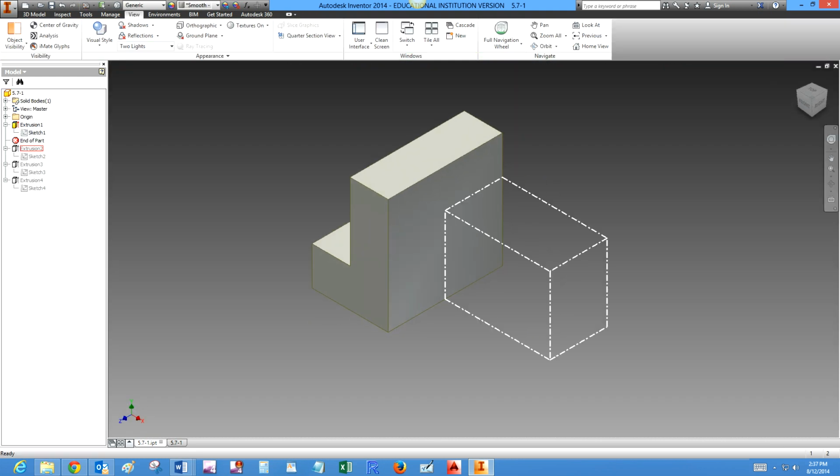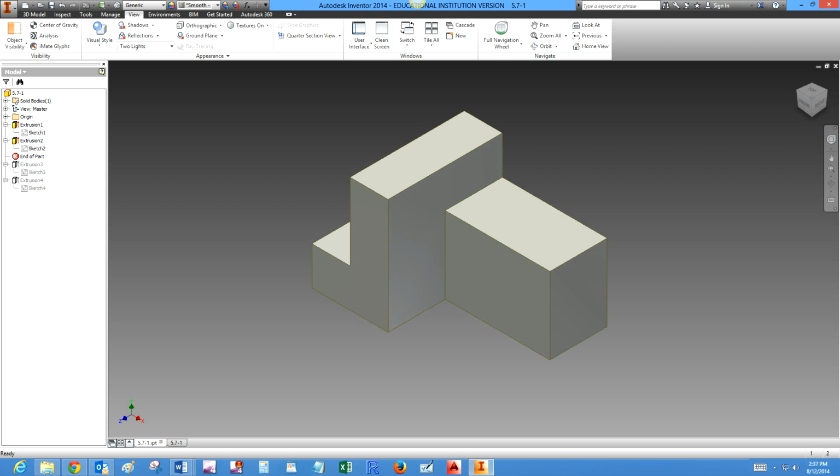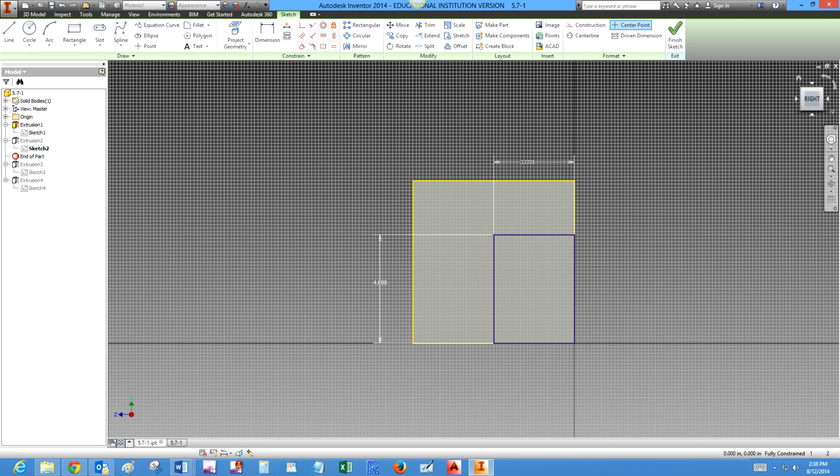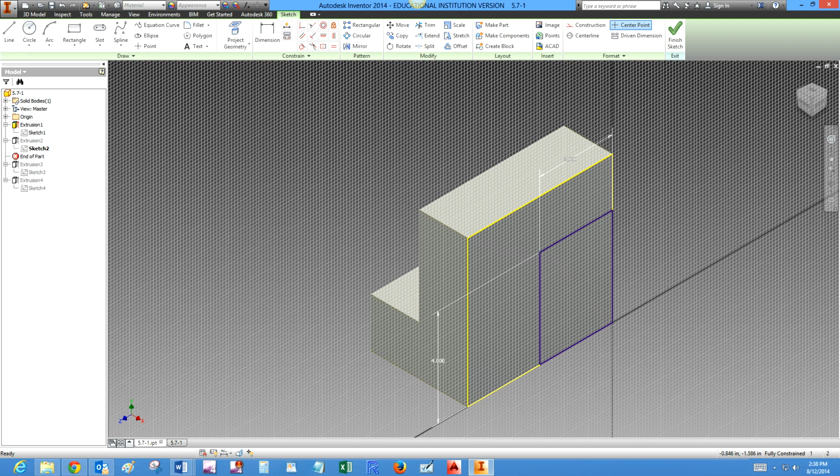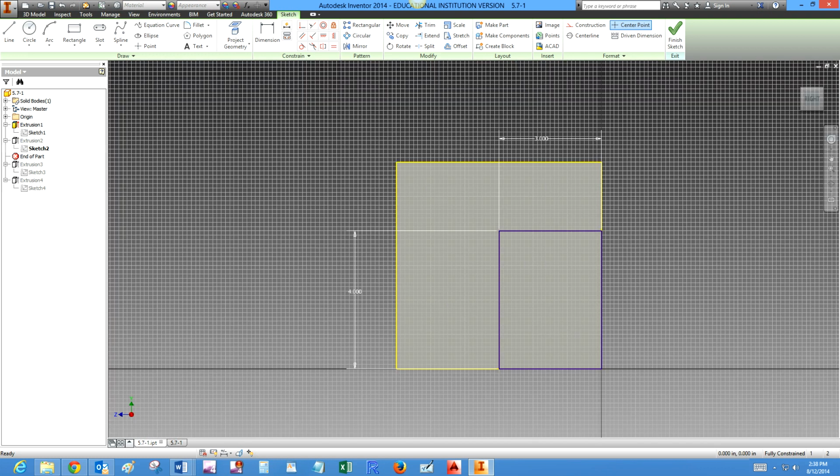Okay, and my next object was just, I created my sketch plane on the back side of the right side of the L shape. Okay, and then I created a rectangle with these dimensions. Okay, now these dimensions